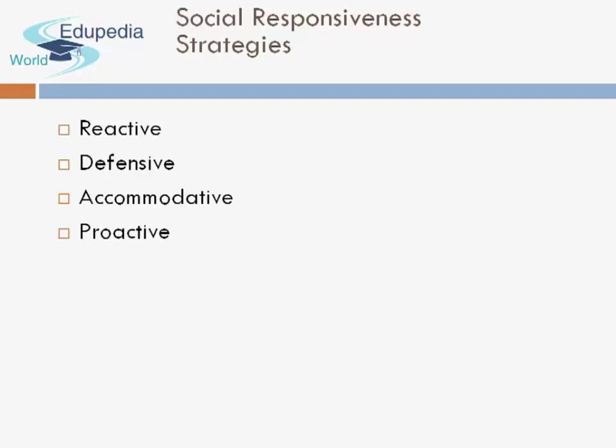Proactive companies would never land up into any such problems wherein they would be negatively associated to any ethics, or they would not come into legal matters also, because they make sure that the company does not enter into such situations. Accommodative companies, at times, land up into certain situations wherein the company is being blamed, but then again they do everything positively to come out of the situation.